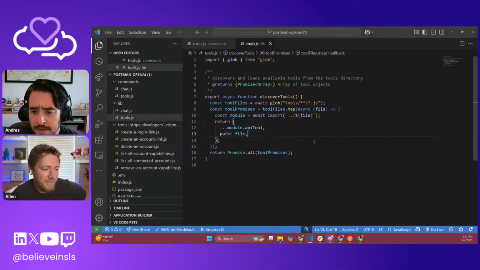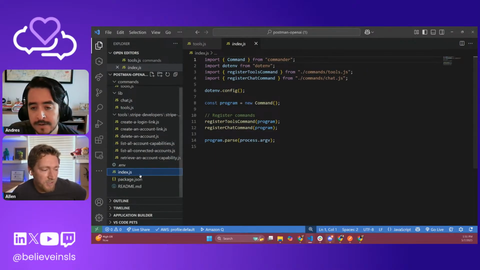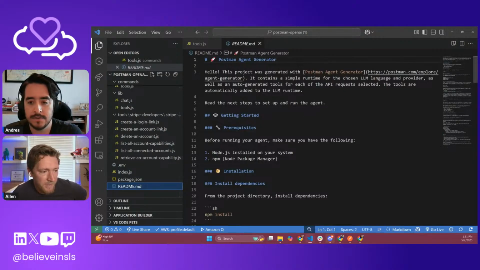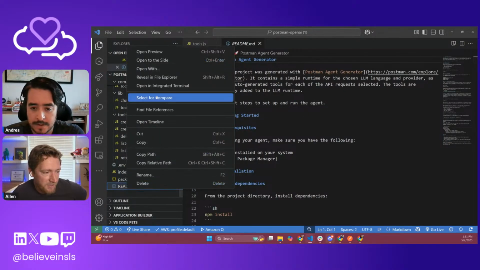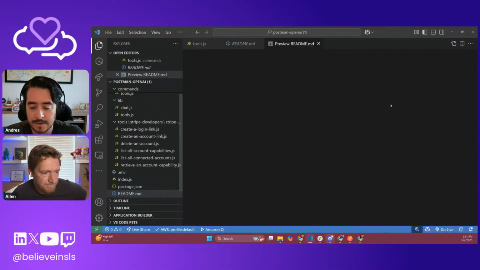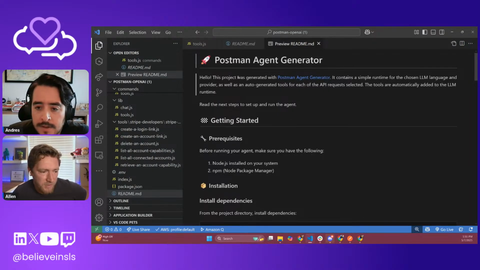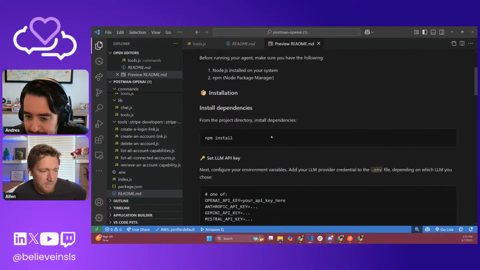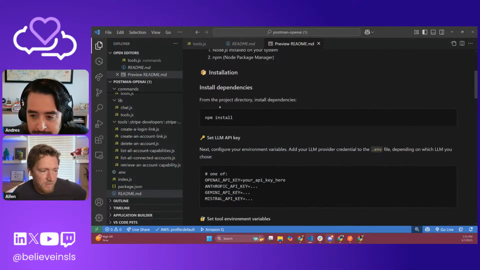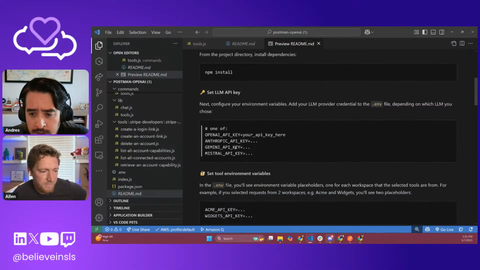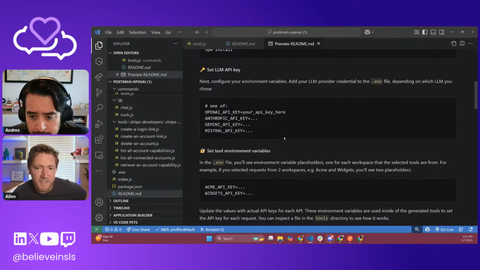Okay. And then when it comes down to it, let's actually look at a nice README. This is saying this was generated by Postman. npm install, set your keys into the .env file. And so this is an agent.